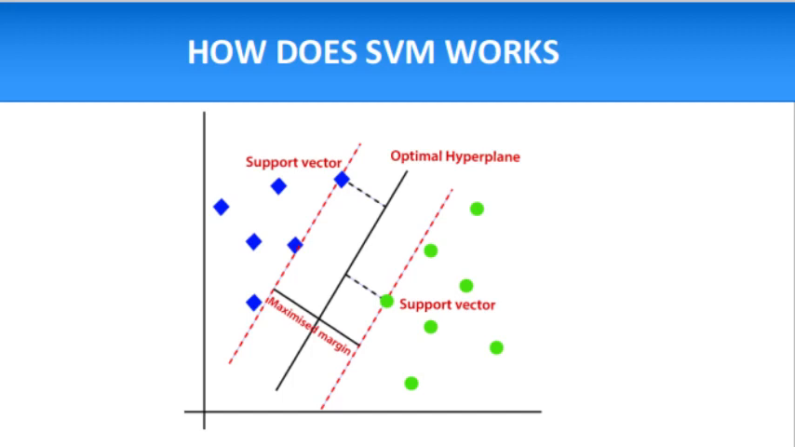To identify the hyperplane, the SVM algorithm finds the closest points of the lines from both the classes. These points are called support vectors, and the distance between the vectors and the hyperplane is called the margin. The goal of the SVM is to maximize this margin. The hyperplane with maximum margin is called the